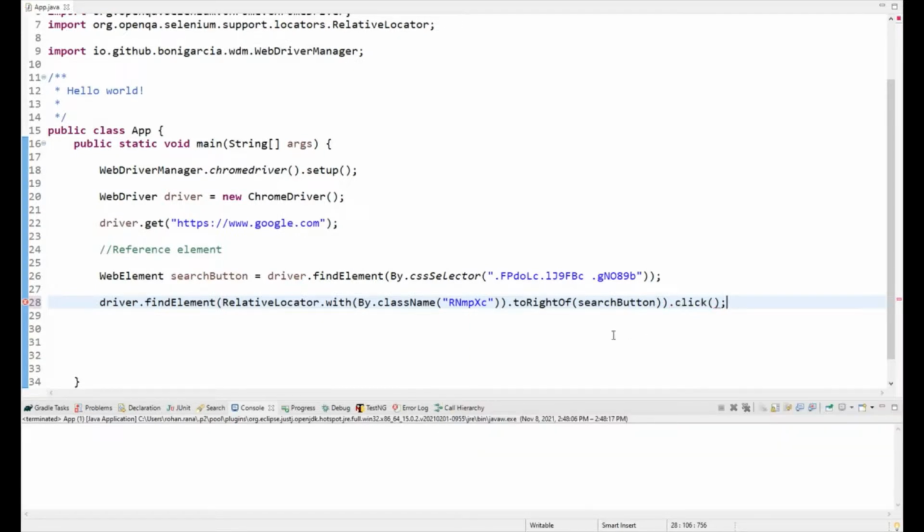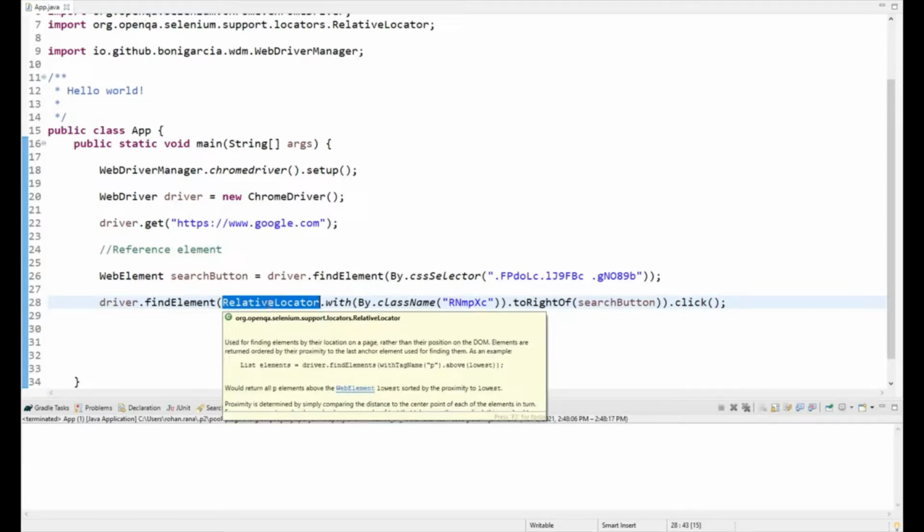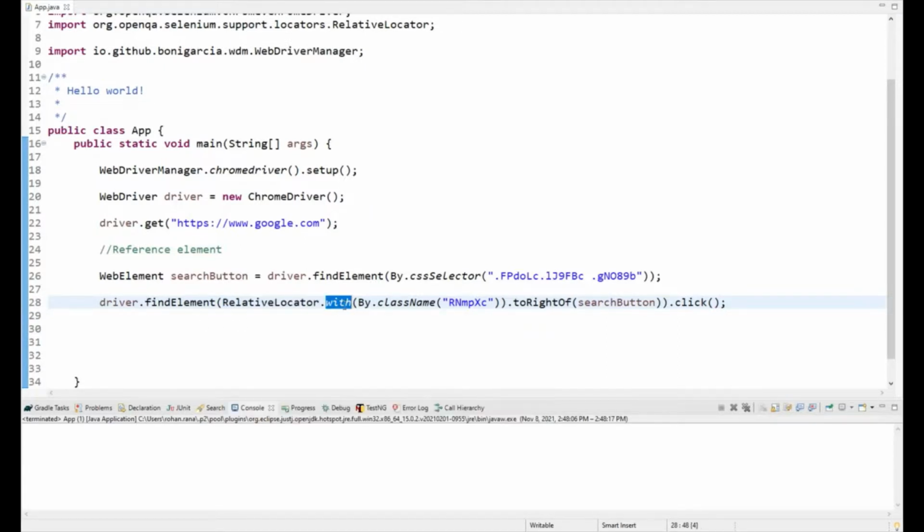Let's reiterate it. You write a relative locator, then within the with you located the element by class name, and you are taking the reference of the search button, saying that this element is right of the search button, and then you are performing click.